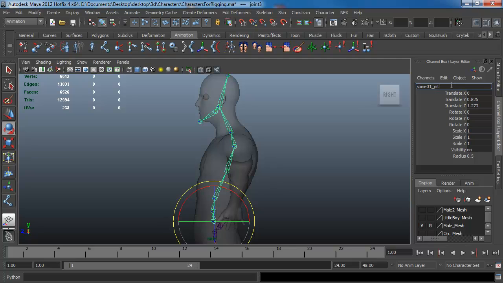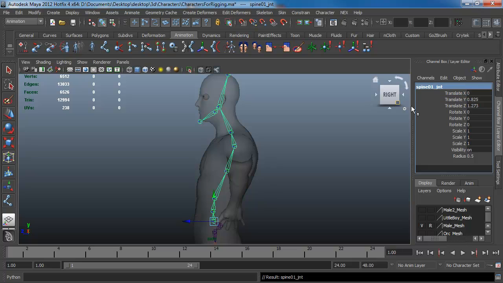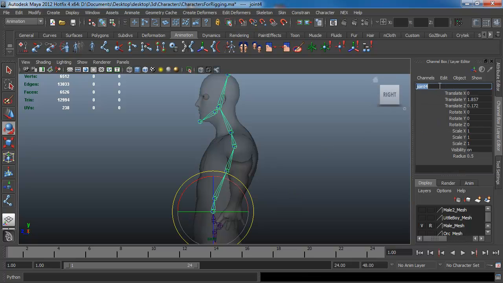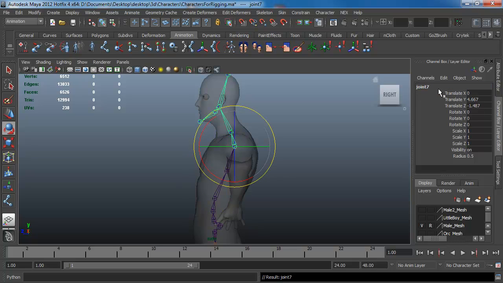I can just copy all of this, and go to the next one, paste that, 2, 3, 4, 5,